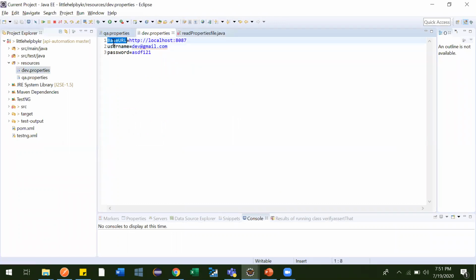So here we have given a base URL, then a username, then a password, and then suppose an access token URL, and that could be something equal to https://microsoft.com.sfurl. Okay, suppose this is there.